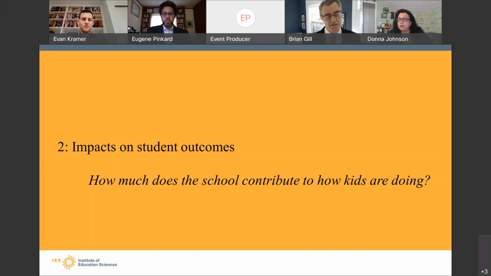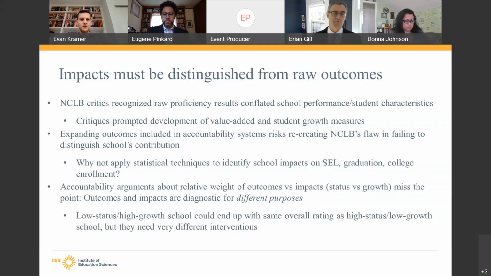Second category, as I mentioned before, is impacts on student outcomes. So we can measure how well the kids are doing in a variety of different dimensions and ways, short and long terms. But separately, it's important to try to get a sense of how much the school is contributing, right? And this is related to a debate that goes back to the origination of No Child Left Behind 20 years ago.